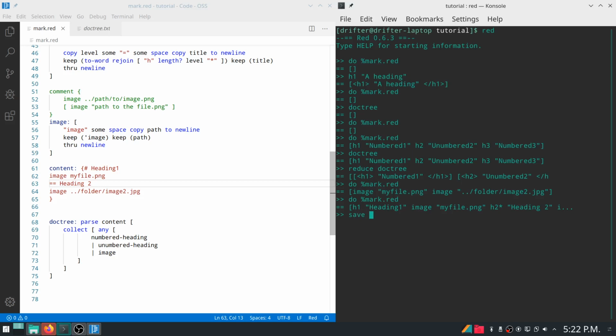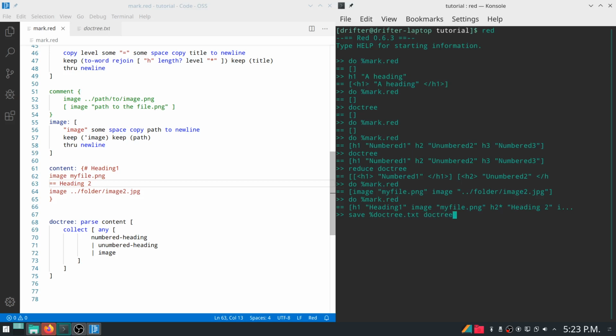We can say save, and this percent sign basically means that whatever comes next is a file. There's different literal syntax for referring to different data types, and in the Red programming language, a file is an actual data type, and the way to specify that is with a percent sign. So we'll just say save to the file doctree.txt,